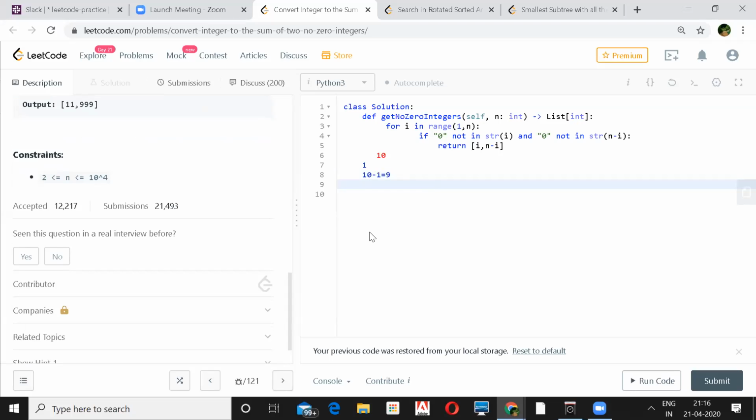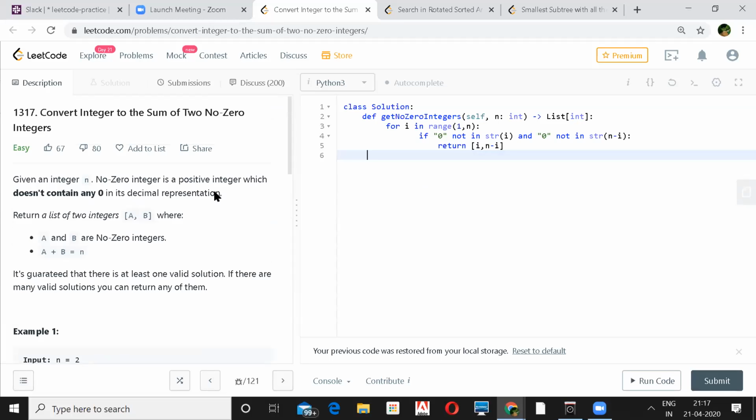The only difference which I made in my Java solution was that instead of doing this using a string, I just used the modulo operator to find whether there are any zeros or not. But the approach remains the same. Even I was trying to find if there is any better way, but it turns out brute force is the right way here, I think.